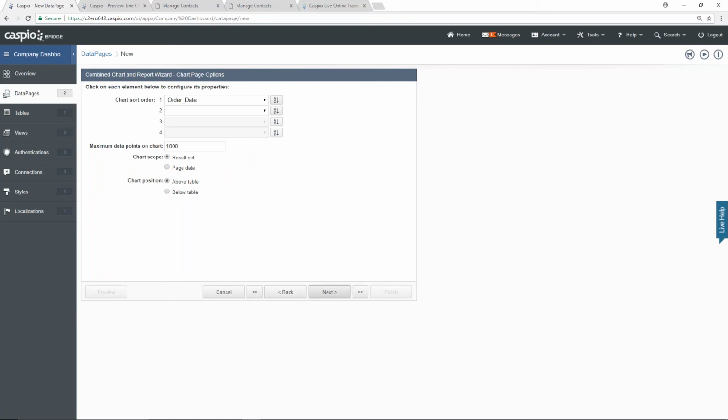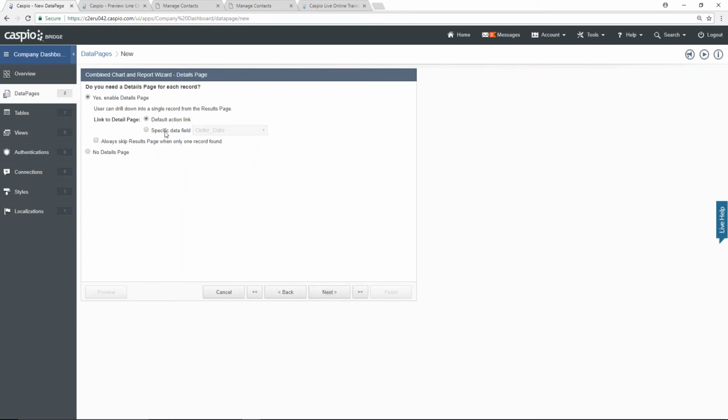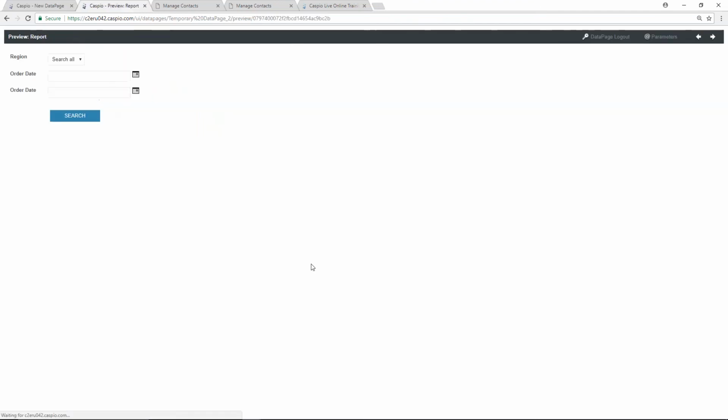Let's hit next one more time. And this way, here you can actually enable the details view if you'd like. Just to save on time, let's go ahead and disable the details page, and immediately you'll see how you can preview or you can save your changes. Personally, I always like to preview first, so let's take a look at the search interface. We created this nice drop-down effect. We have our two date range fields. When I click search,